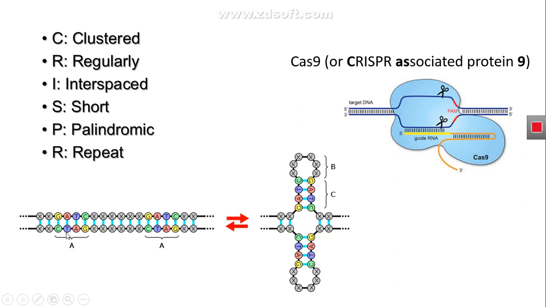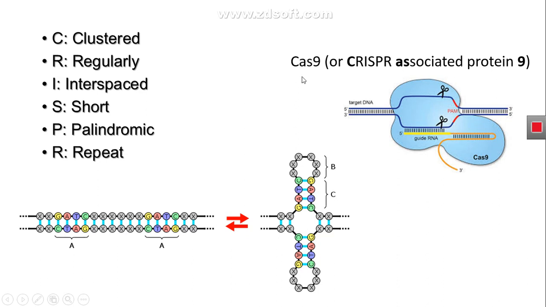These palindromic repeats are found in the host DNA genome in cluster form, and they repeat in the host genome multiple times. The purpose of these palindromic sequences is that when they are transcribed into RNA, due to this palindromic repeat, they can easily make a hairpin loop.